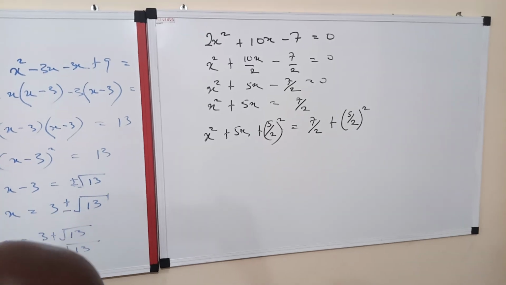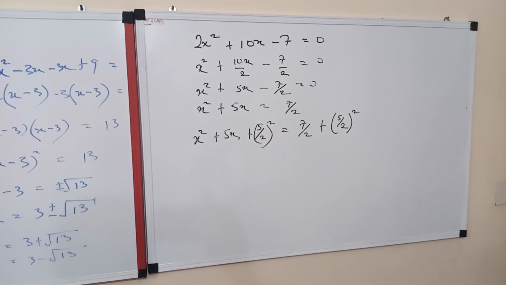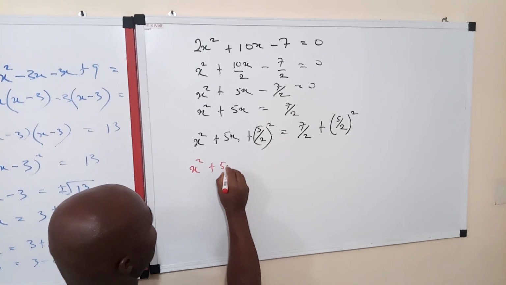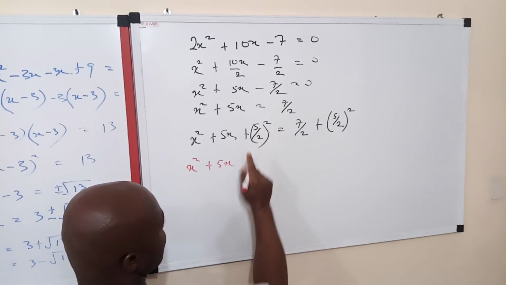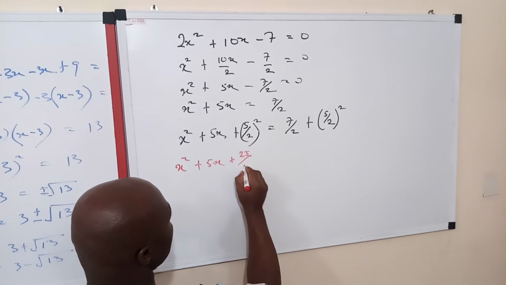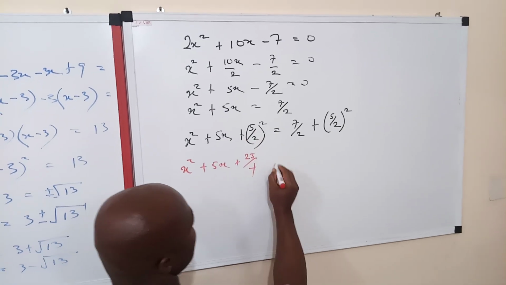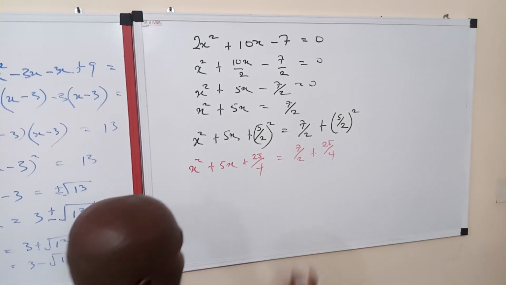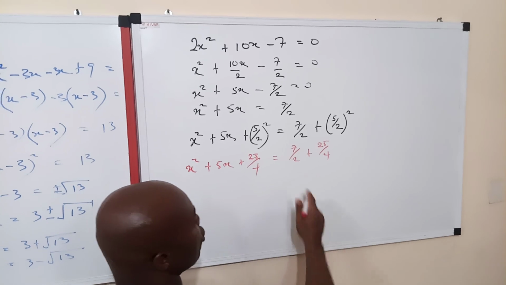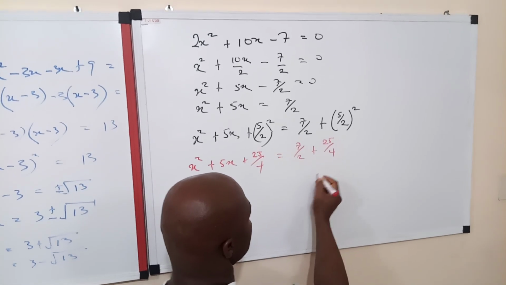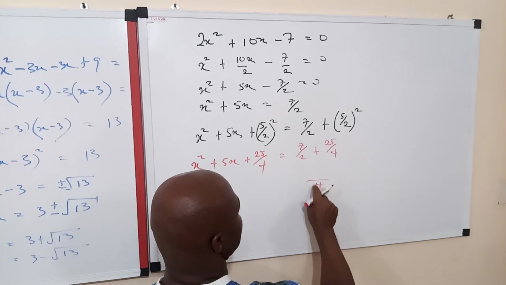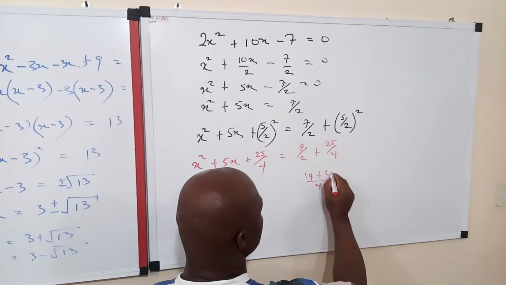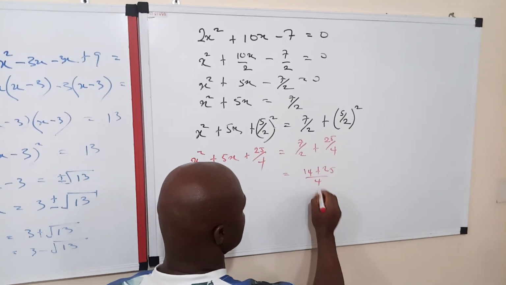Now, we can simplify these things further as we continue. Here, you can write x squared plus 5x. Now, if you open the bracket, this one is affecting all of them. We have 25 all over 4, if you square this. And on the other side, 7 all over 2 plus 25 all over 4. Now, on this side we have 2 fractions, so you consider the LCM, which is 4. 4 divided by 2 is 2, times 7 gives us 14. Plus 4 divided by 4 is 1, times 25 gives us 25. So if you resolve this, you are going to have